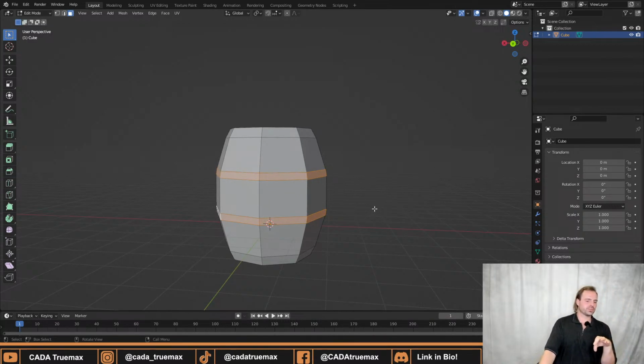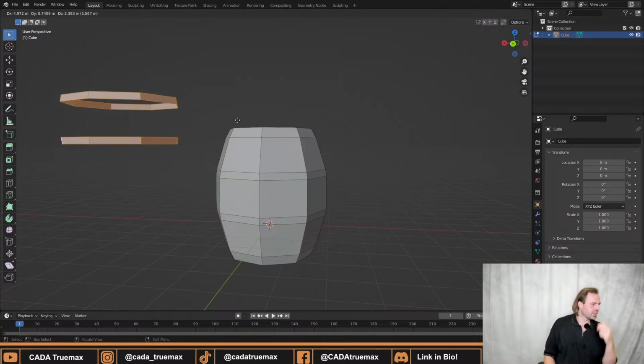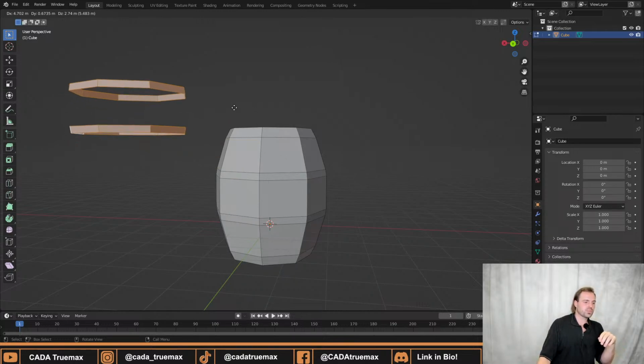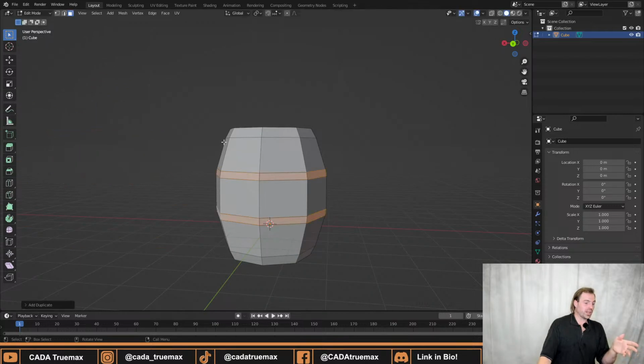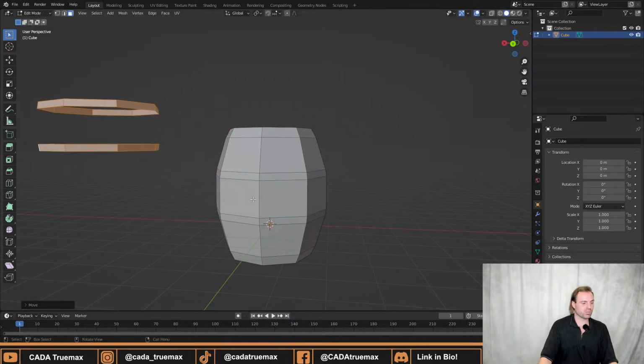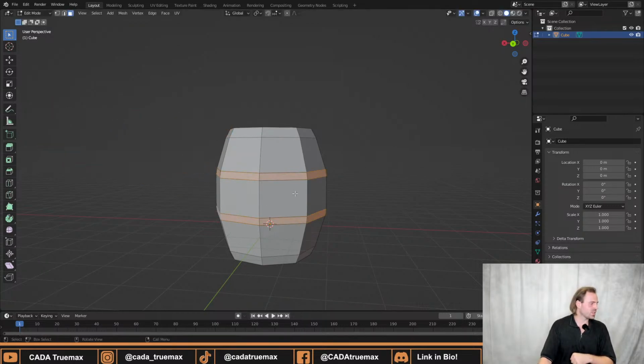Now, we could extrude these, but we want them to be a little bit separate so we can control it a bit more. So instead, we're going to press Shift and D to duplicate, and this will just duplicate the faces inside of our object. So this means we can move this around, but we don't really want to. So we can right click and our duplicates are still here, but they're just snapped back into place. In case that you have left clicked and accepted their position outside, Control Z will snap them back into their